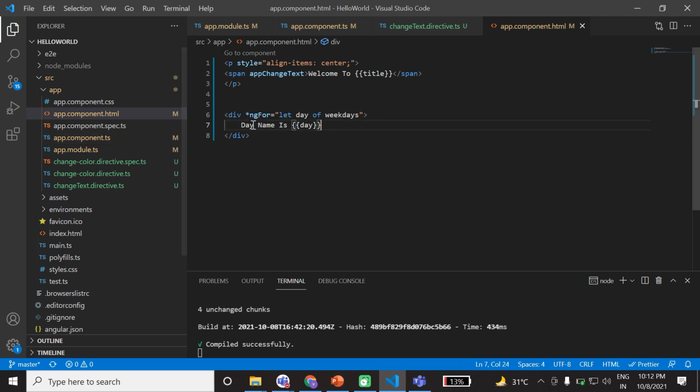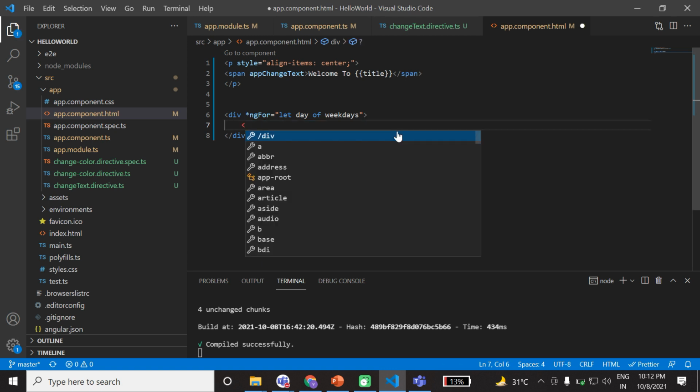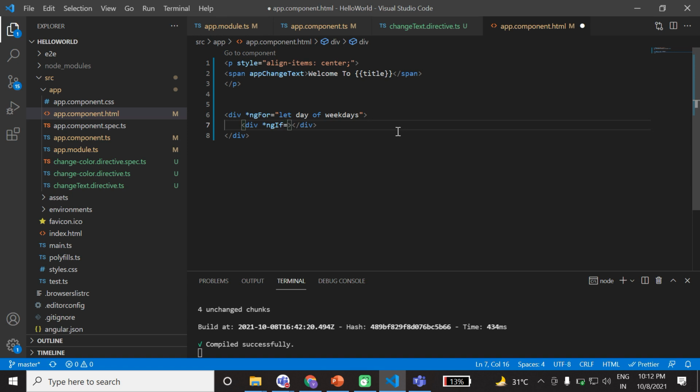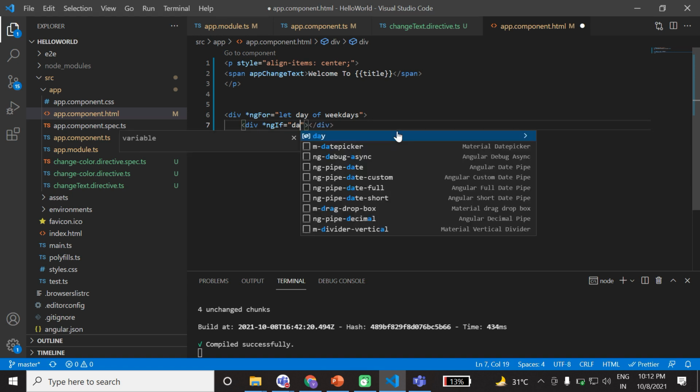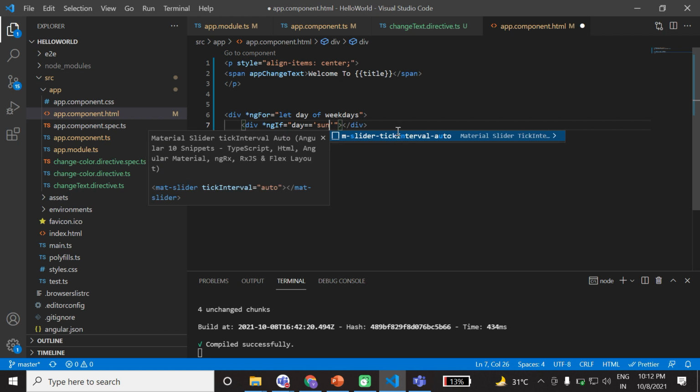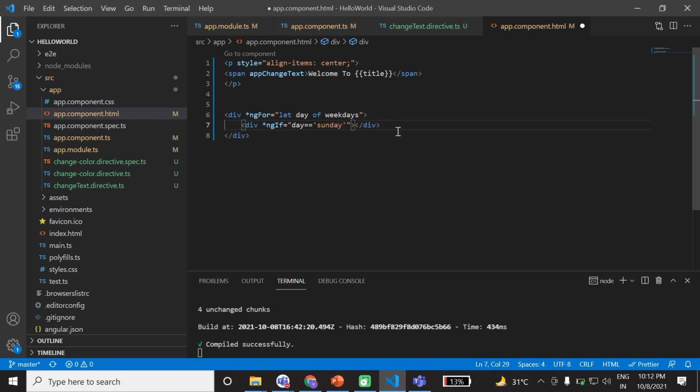Now before printing this, check the condition. How can you put the condition here? Asterisk ngIf equals, if day equal to Sunday, then print it.